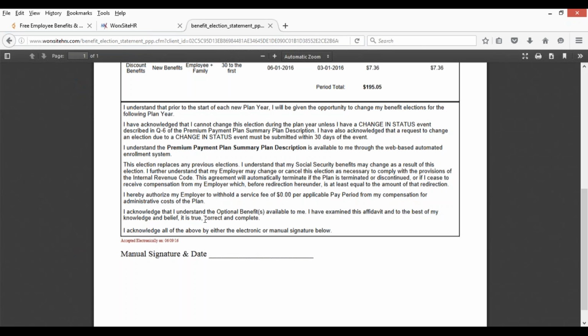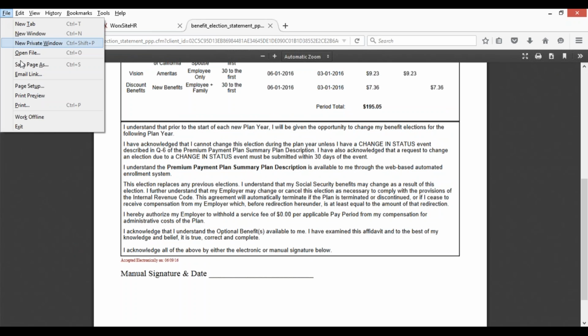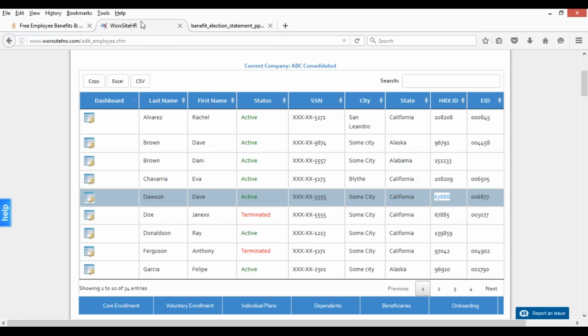Now, you also can print it out for yourself as well, of course, simply by clicking the printer icon anywhere. You can click the printer icon within Adobe, or you can go up and do the file print as well in your browser, okay? All right, so once that is done, if I go back to my dashboard again,